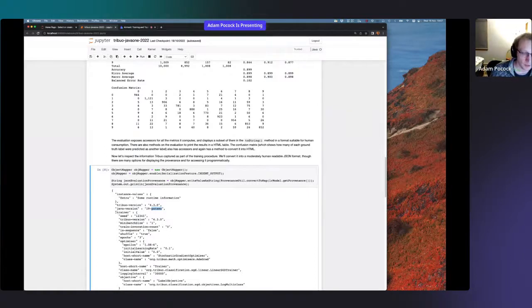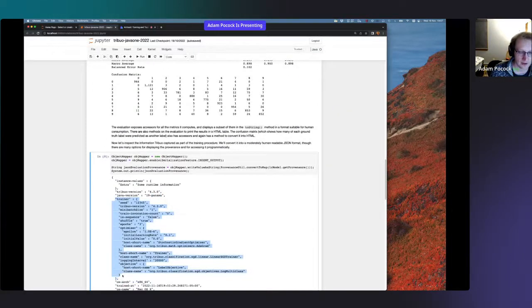And then we come on to the trainer. This is where we've captured all the information from the trainer field that we fed in. So we see the random number generator seed. We have the Tribuo version again. We see some hyperparameters we didn't set, like the mini batch size that was defaulted. We see the ones we did set, like the number of epochs, the number of passes through the data. And we see the optimizer. So we see it's an AdaGrad object and it has these parameters.